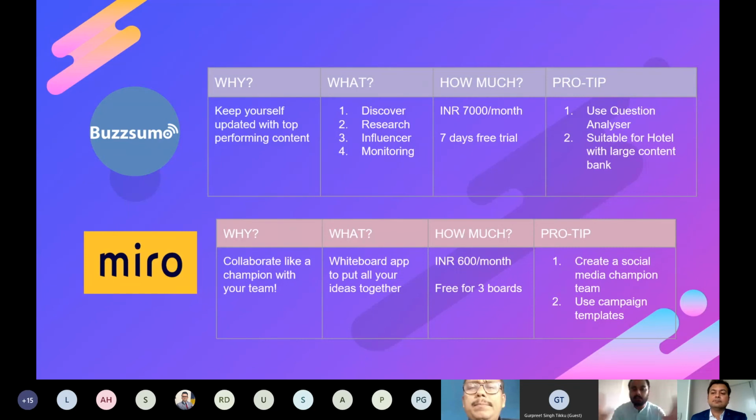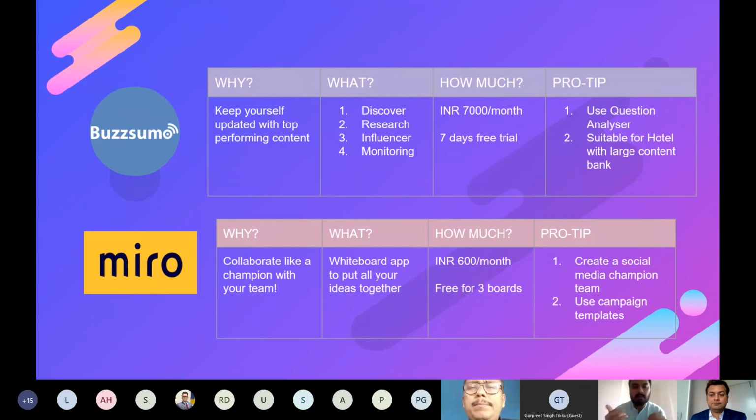And the other beauty of this app is that there are so many templates that they've given inside the app. So for example, if I'm trying to work on a marketing campaign, right? So what are the steps that I should clear out in a marketing campaign? Like I should know my goals. What am I trying to achieve? I should know my tool set. What all do I have? I should know the consumer persona. Who am I trying to target? And then I can start breaking down my campaign into social media, offline, web-based, right? So they have these templates where you just click on the template and then the team can start putting in their data. Okay, I think this is going to work. So it's a wonderful collaborative app, and I suggest everyone to go onto it.